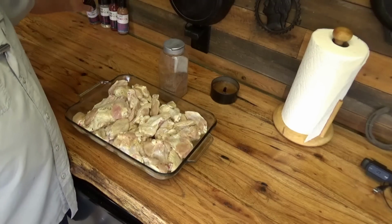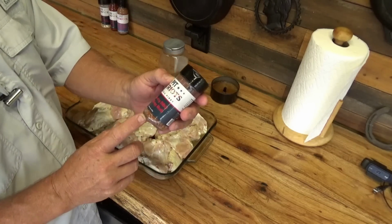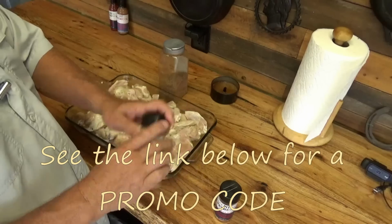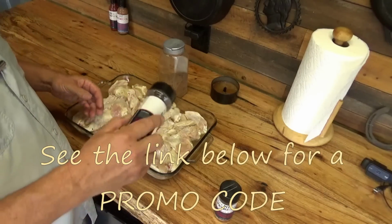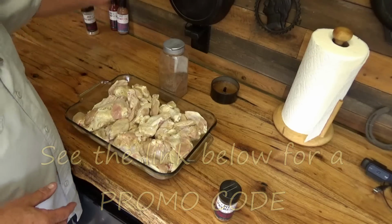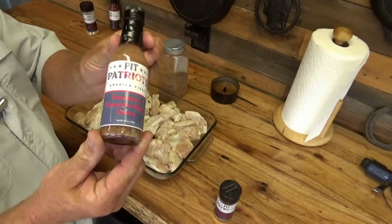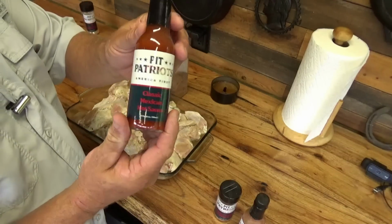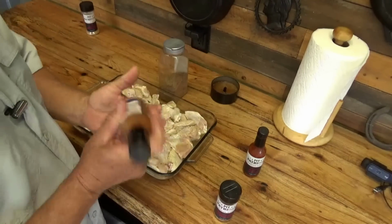And we got a few in here from the guys over at Pit Patriots. Here's their Hickory Barbecue Grilling Rub. I got some of their All-American Barbecue Series rub. Maybe we'll double some of these up. All right, this sounds like a good one maybe to double up right here. And I also have some wing sauces over here. I have their Founder's Favorite wing sauce. We're going to have some of that with these wings. And we also have the classic Mexican hot sauce. May save that one for later, but we're definitely going to use this wing sauce on some of these guys